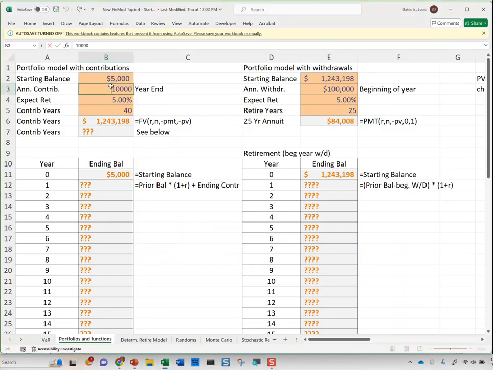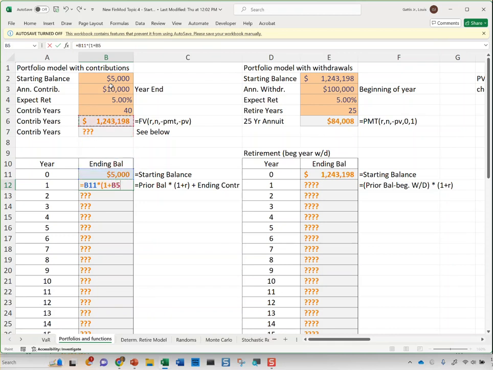I have my parameters in here. I have starting balance $5,000 today, year-end contributions of $10,000, annual mean return of 5%, and 40 years. So I can do a portfolio roll forward, starting with period 0. That means today. 1 year from today would be period 1. So 1 year from today, that $5,000 will earn